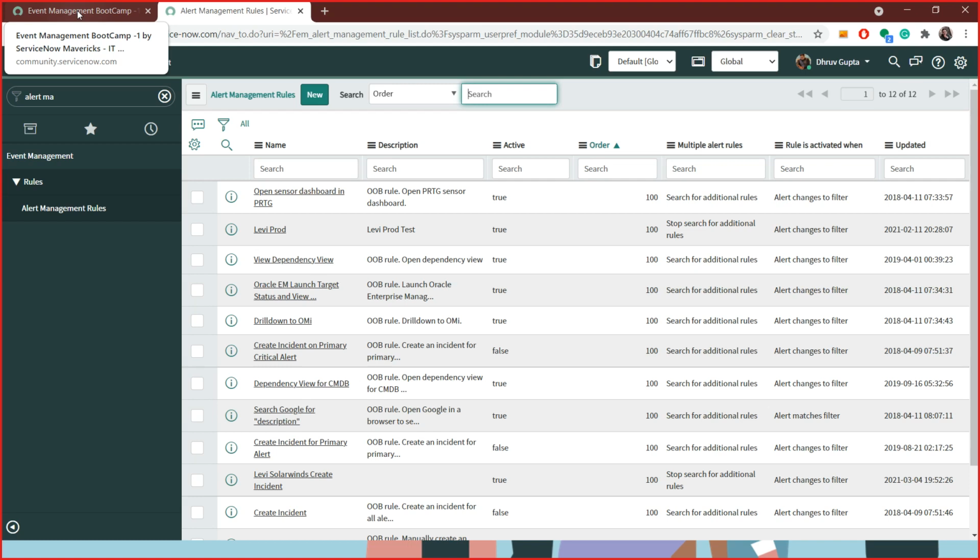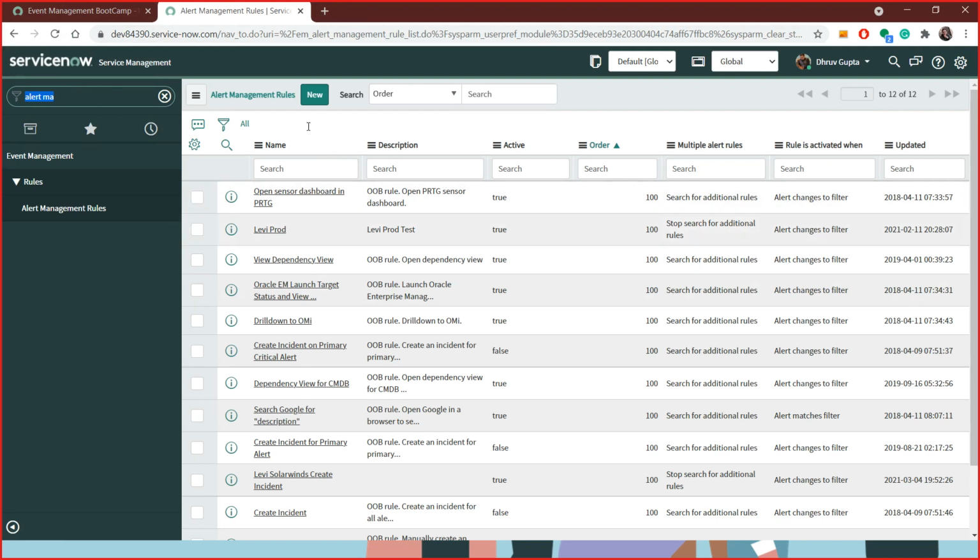The event management plugin we can install where we upgrade the instance. There is an option for activating the plugin in the install options, right? You can do it from developer.servicenow.com as well, but I recommend doing it from here.